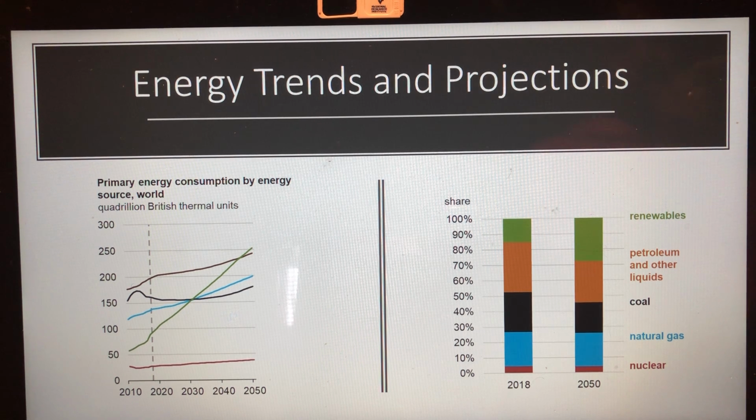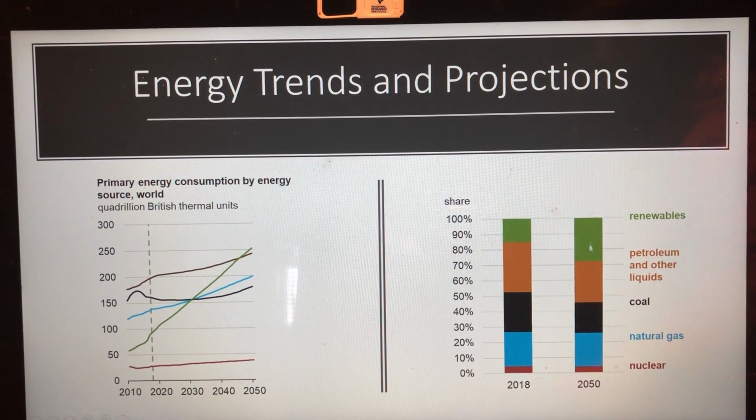But take a close look. From all energy sources, renewables show a highly significant increase. Renewable, that's the green color. So you see on the left side, that green line is steeper than all other lines. And also the change, this is 2018, and see the increase in renewables, the projected consumption of renewables by 2050. It's a huge increase there.